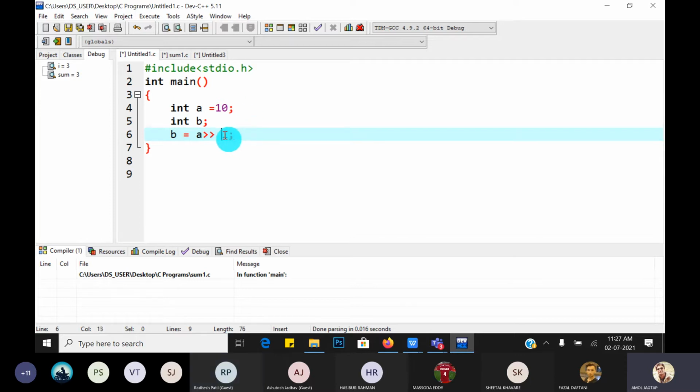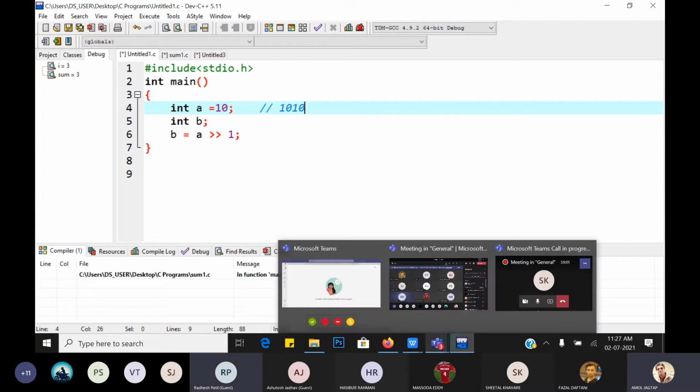This says how many bits we have to shift a variable. The initial value of a is 10. What is its binary representation? 1010. So we want to shift it left by 1 bit. Left means here. We have to shift here.